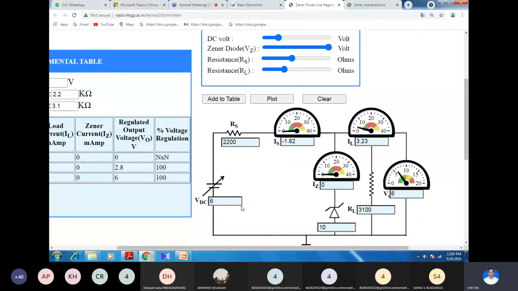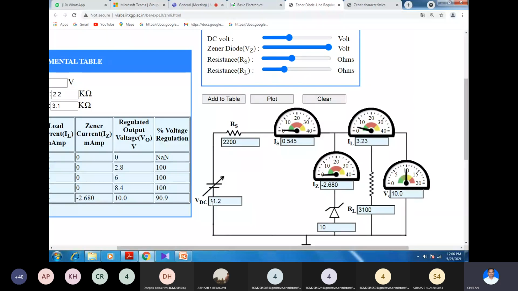And as you can observe here, as the diode is off, whatever voltage you have applied here, the same thing is coming to the output voltmeter. Here the output is also the same. It means that IS is entirely flowing through the load current IL, right? And I will give one more value. I will add it to that table. Still Iz is 0.